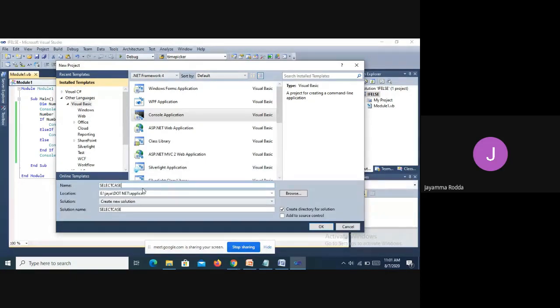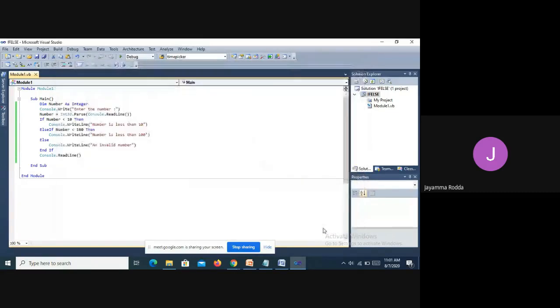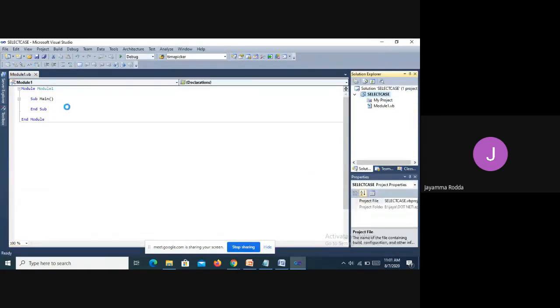Okay, the program name is given as select case. I have saved it. Now a new module is created, and here I am going to write Dim number as.